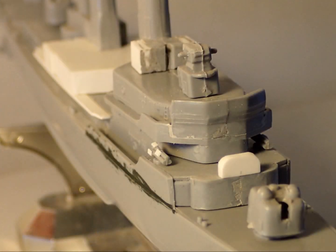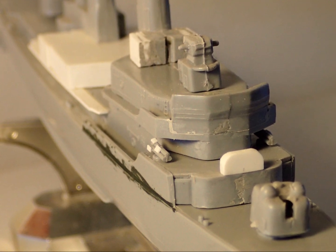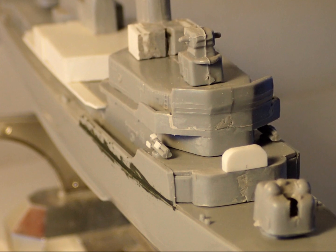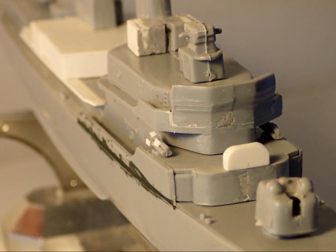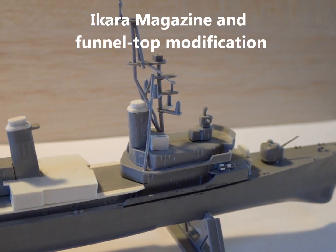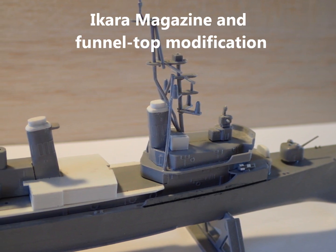Here we can see the bridge joints in the process of being filled and smoothed, and also note the white fitting in front of the bridge with the rounded corners, which is not included in the kit, and you'll need to make that. The Australian ships of this class differ from the US ones in replacing the ASROC launcher between